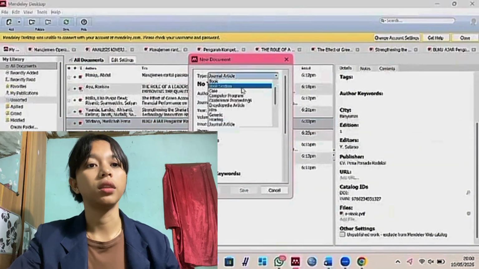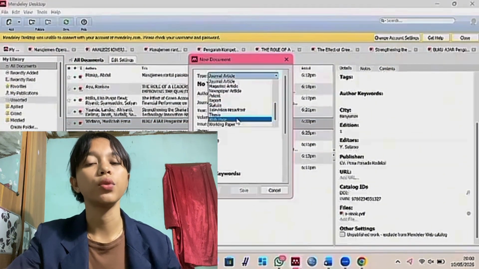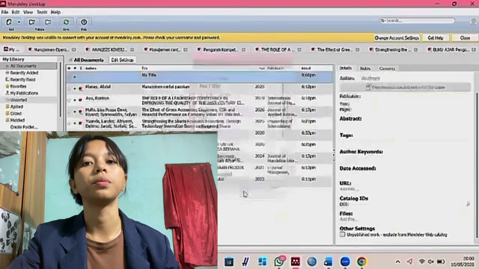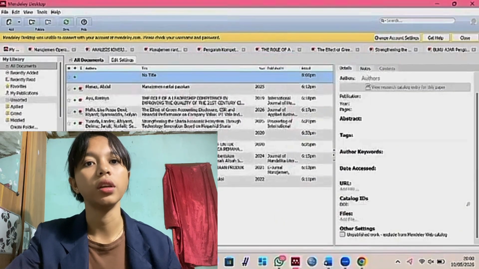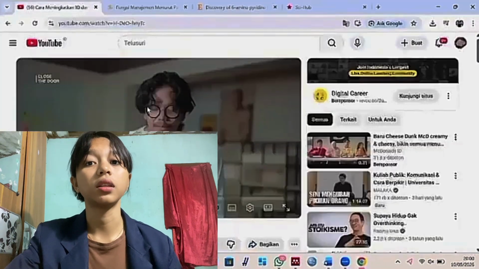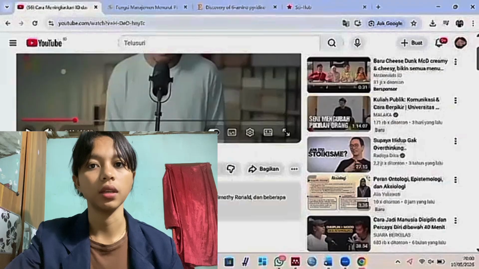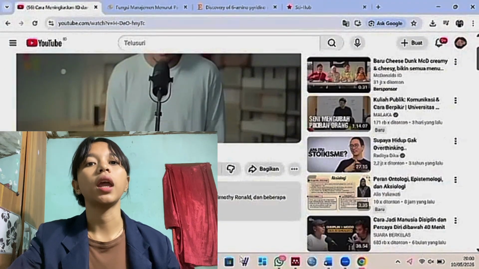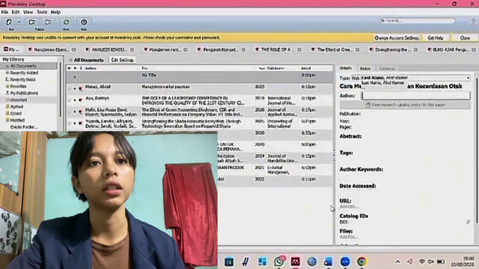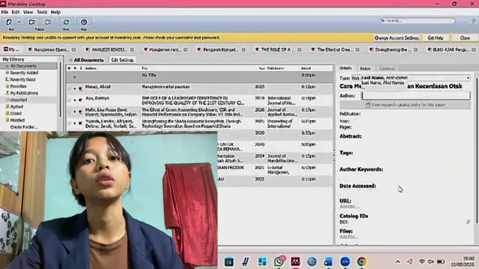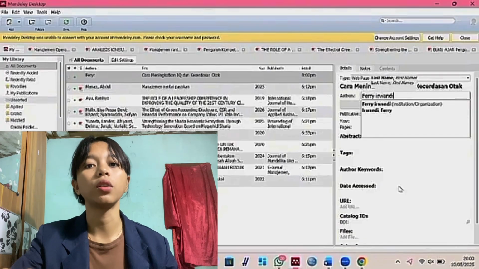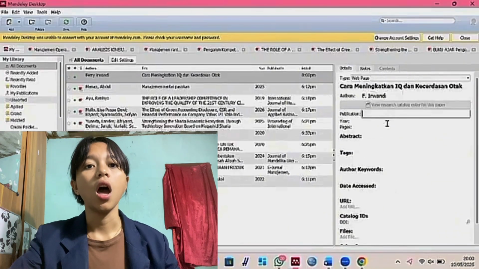If there is no personal author, you can use the organization name, for example DPS Indonesia. Publication or website: enter the name of the website. URL and access date: paste the full link and don't forget to include the date you accessed the website, as online content changes over time.